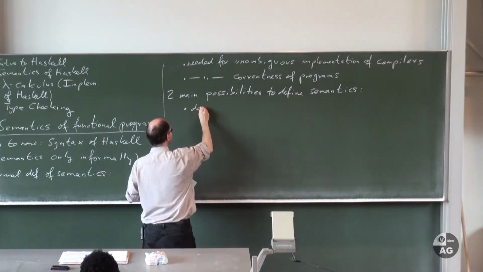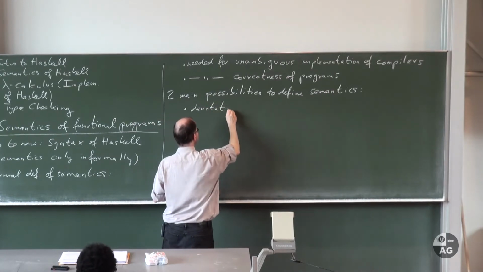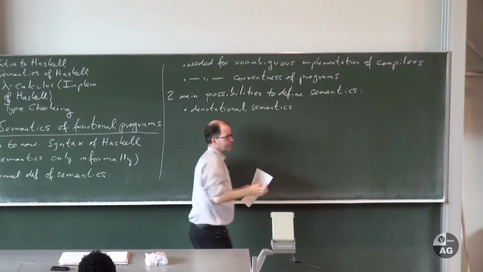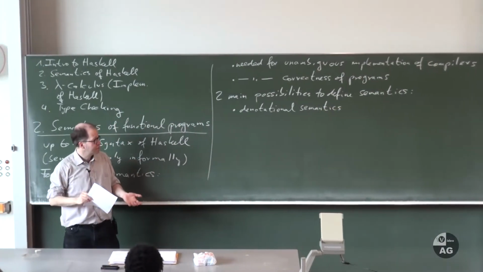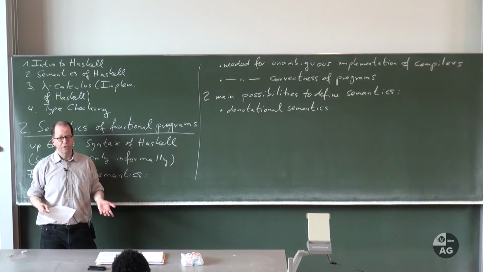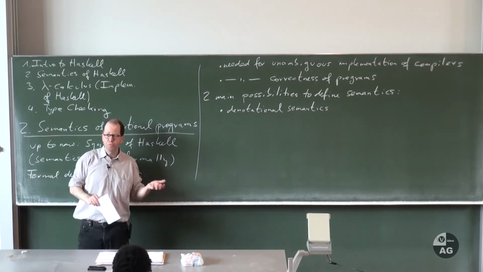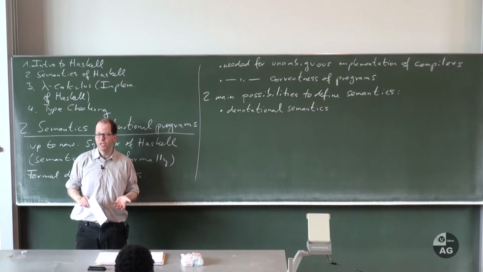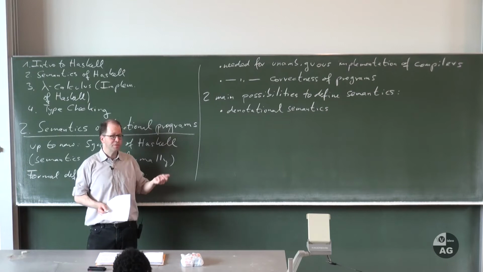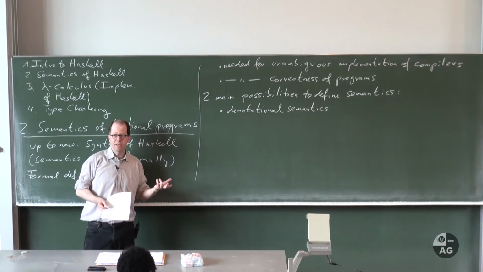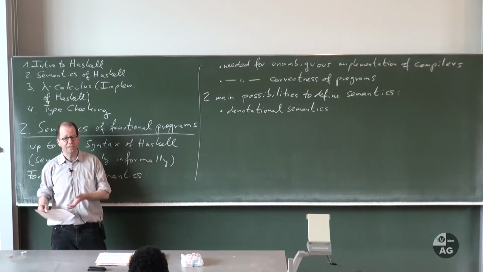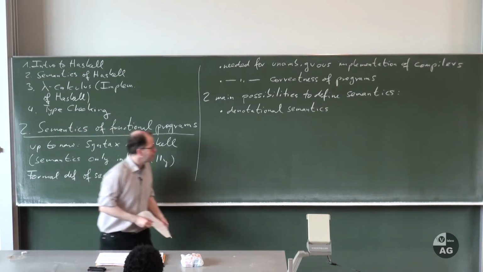One way is the so-called denotational semantics. And here the idea is that we simply define a function which maps every expression of the programming language to some mathematical value. So for example, an expression like 2 plus 1, which is a legal Haskell expression, would be mapped to a mathematical value, namely to the number 3. And a Haskell expression which defines the function square would be mapped also to a mathematical object, namely to the function that takes a number and squares it. So this is